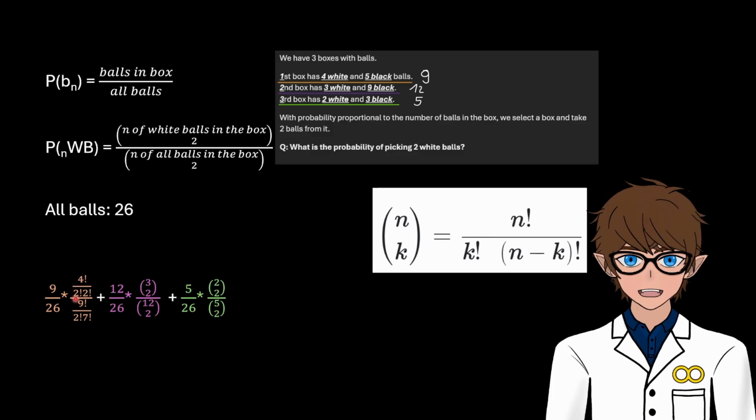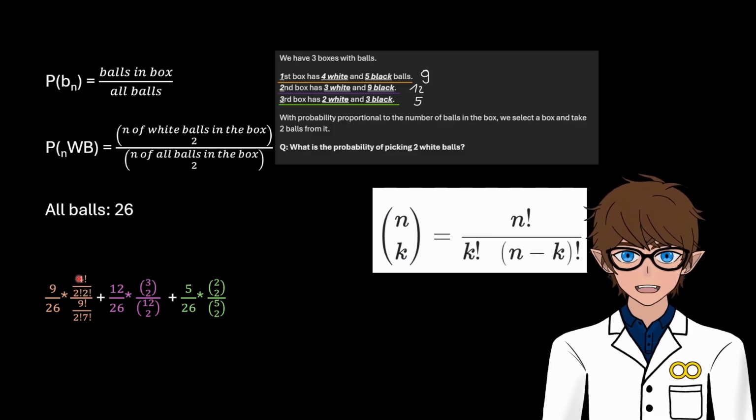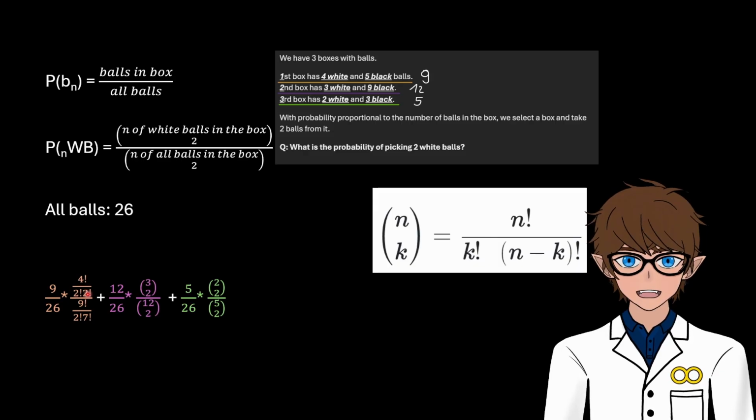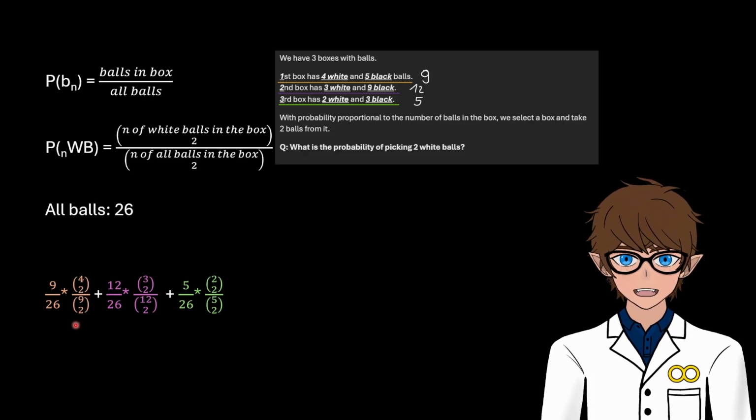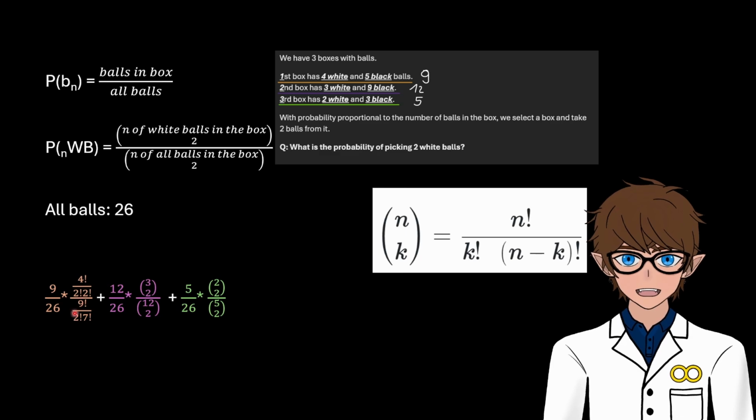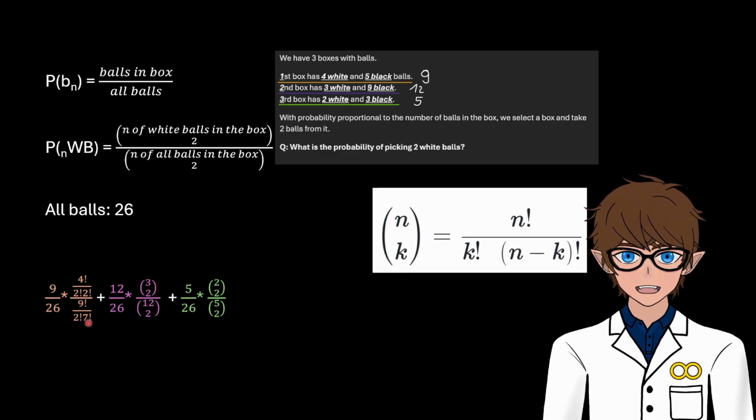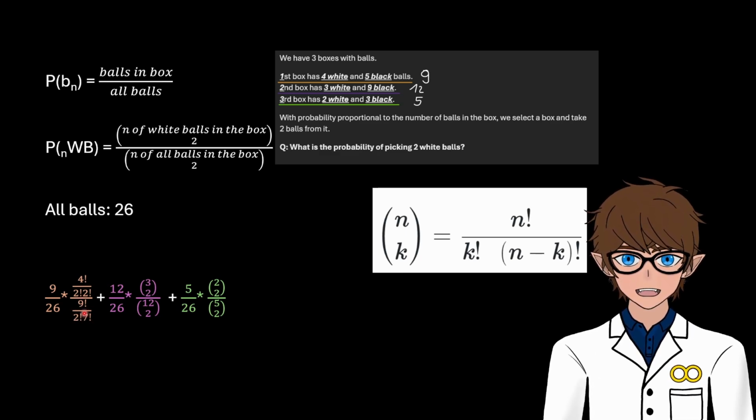There's always going to be one factor that's going to be 2 factorial, and then you just subtract from the top part and you get the remainder. So here we know that 9 was on top and 2 is definitely on the bottom, like here. And then 9 minus 2 is 7, so we do this the same like this. This is basically combinatorics again, so I'm not going to explain it for every step, but we do this for purple